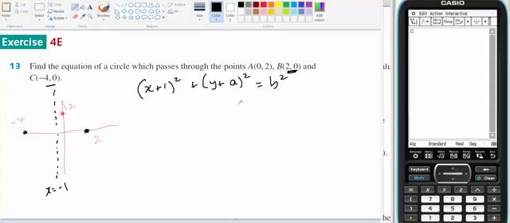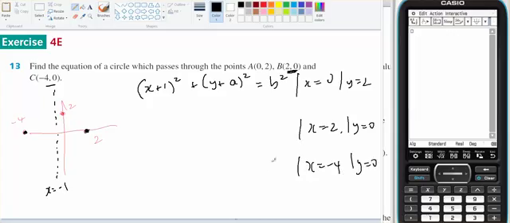Now, I could quite easily just use the 3 points and get 3 equations. Given x equals 0, given y equals 2, that will give me one equation. x equals 2 and y equals 0 will give me another equation, and x equals -4 and y equals 0 will give me the third equation, and I'm going to solve those simultaneously. Or I could do away with one of the pieces of information and have this unknown. That's what I might do to start off with,